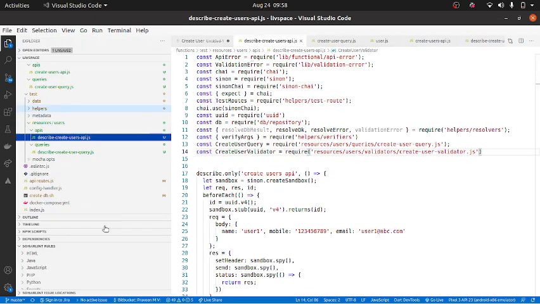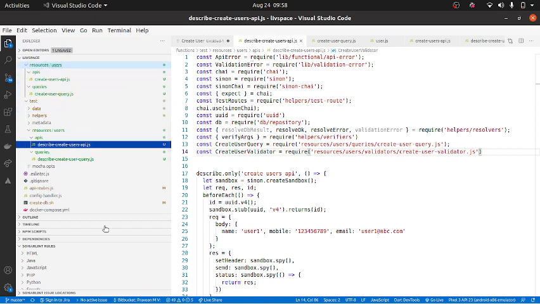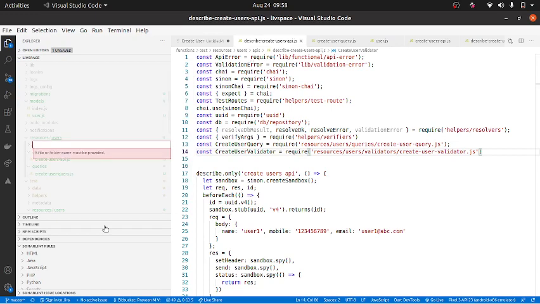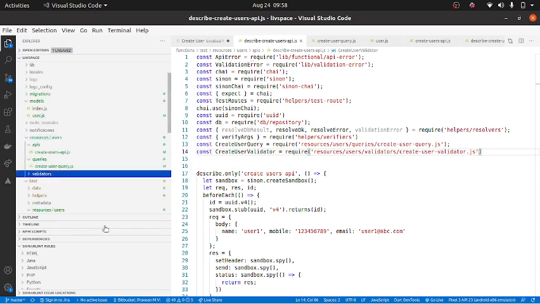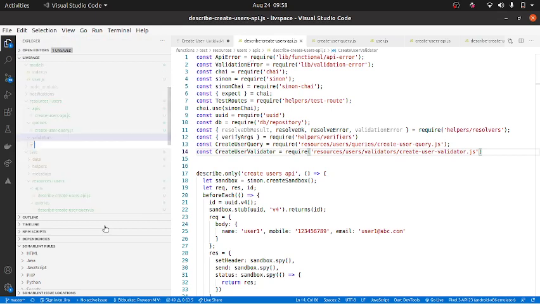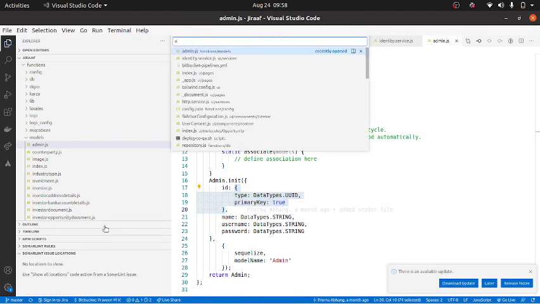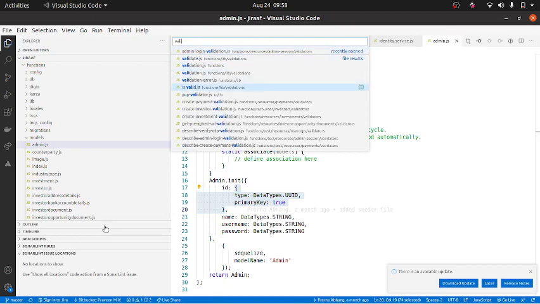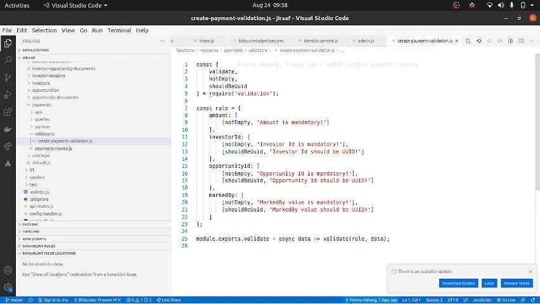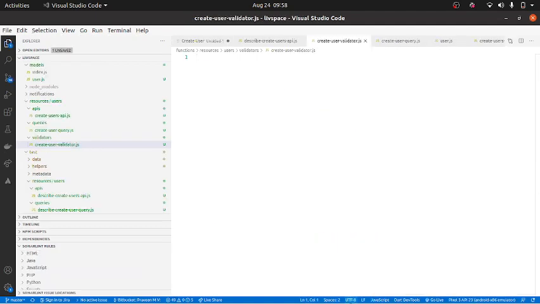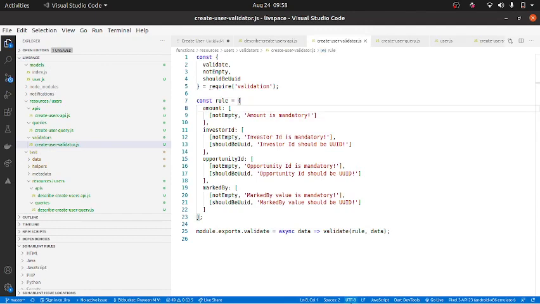So I just need to go back here and create this, and inside this I will create userValidator.js, right? So here we have taken care. I'll go to one of the validators, create payment validation. I'll copy this and put it over here. I will remove all the rules. Done.